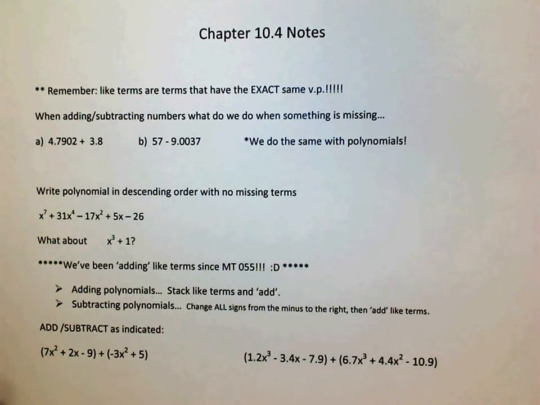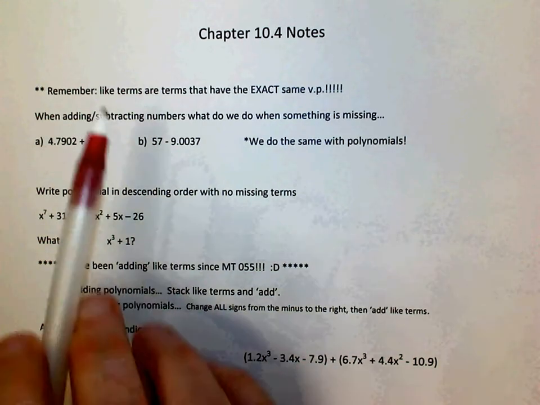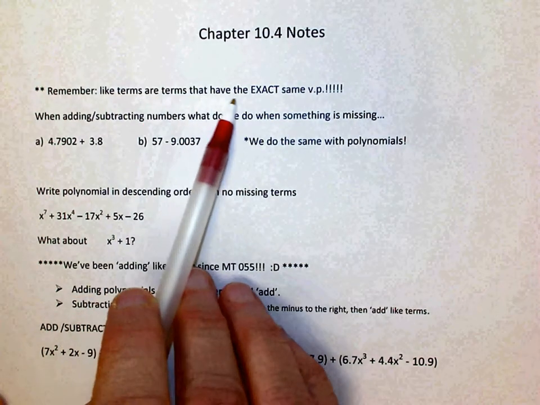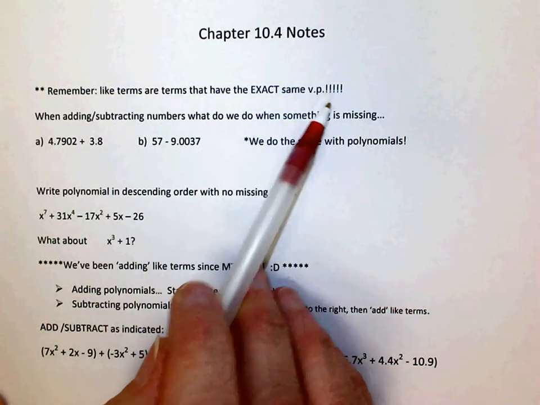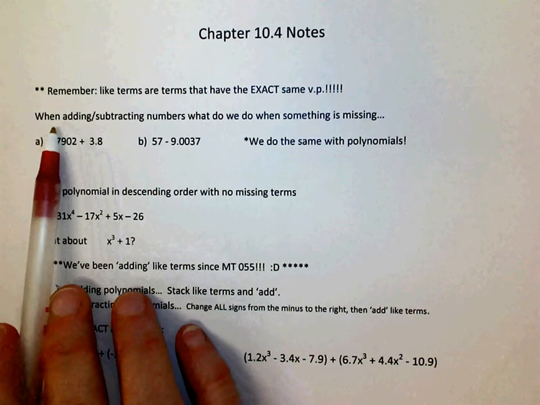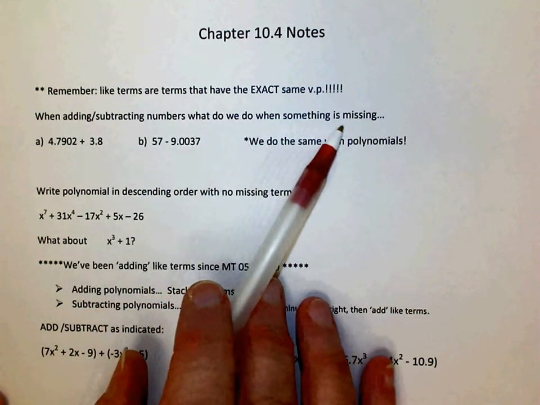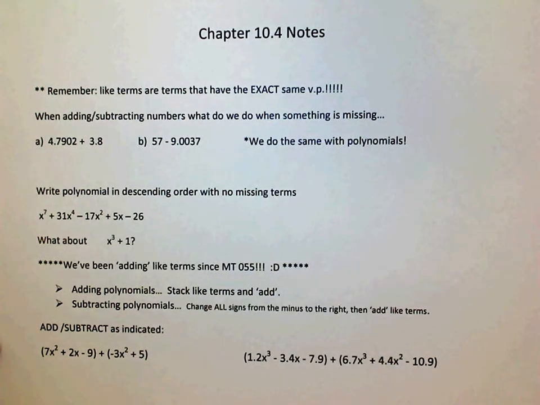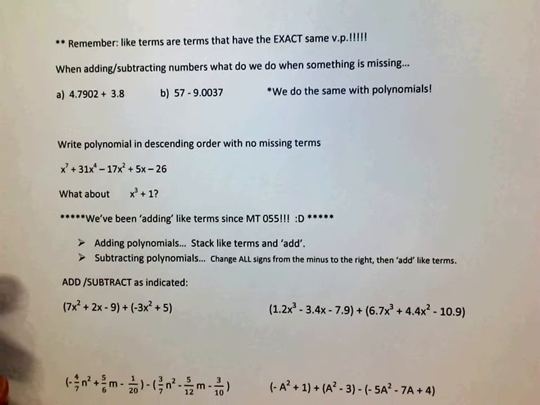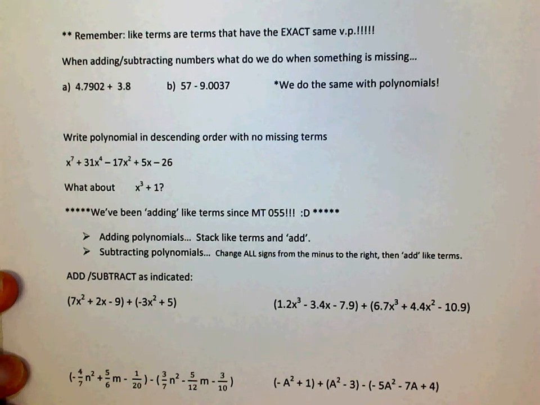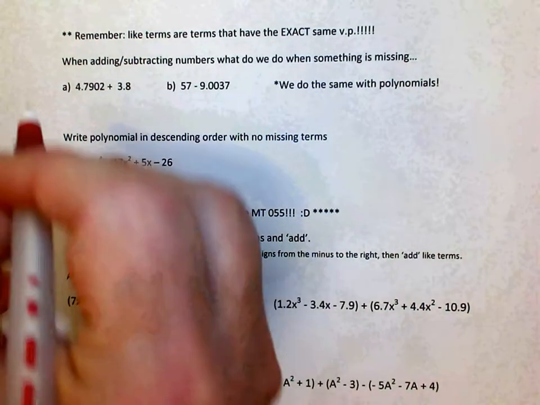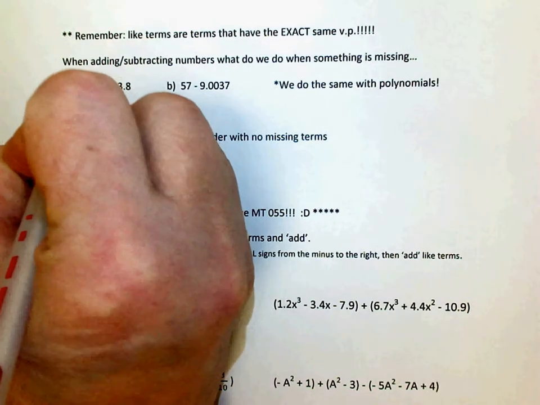Okay, chapter 10.4. Remember, like terms are terms that have the exact same variable parts. Okay, when you're adding or subtracting numbers, what do we do when something is missing? Now, I'm doing this to show you how this next thing applies to something you already know. Okay? So we take